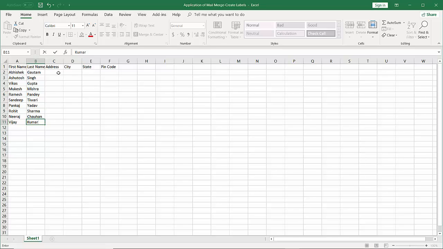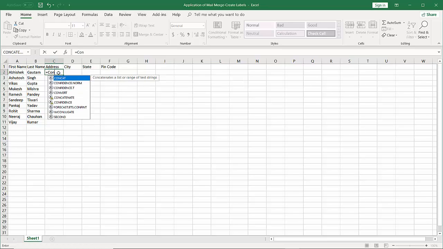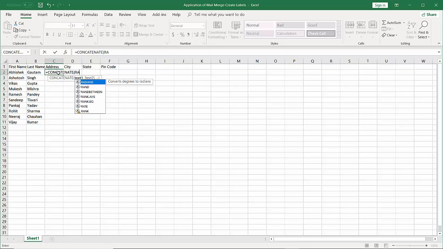Then we are going to come in here and type in address. And how are we going to do that? We are going to type in is equal to, then use a concatenate formula. I think you know that the concatenate formula is used to join two strings of text. Concatenate, open your bracket, then we want to put some random numbers. So we are going to type in RANDBETWEEN, that is the function name for putting random numbers, open bracket,